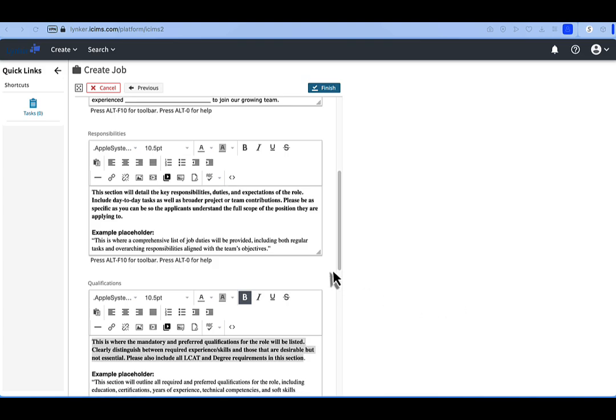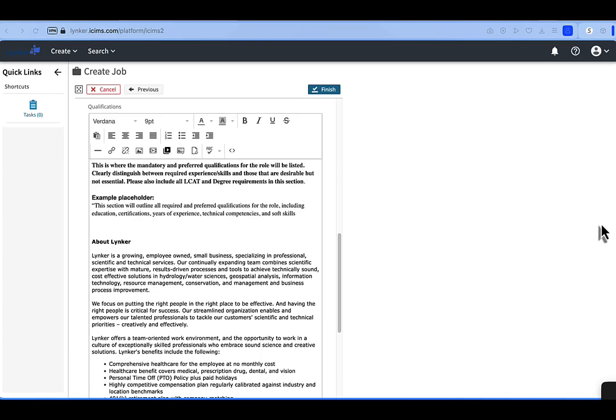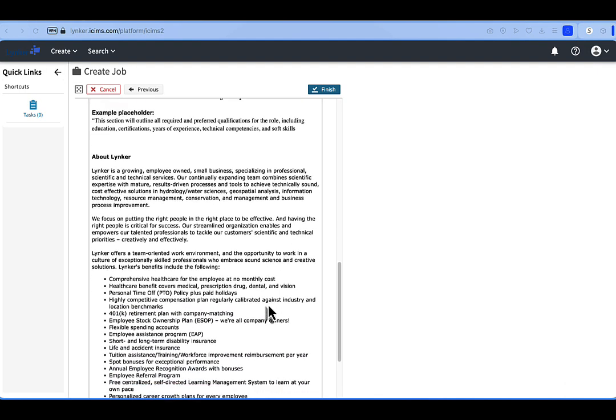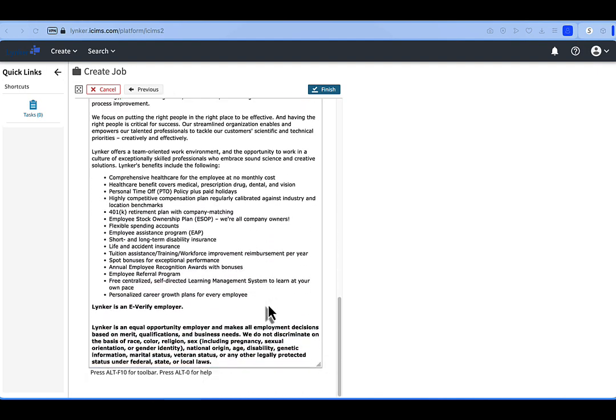In the final section, please list any mandatory or preferred qualifications for the position, and please clearly distinguish between the two so that the individuals applying know where their experience levels need to sit. Please also include any and all LCAT and degree requirements in this section. This will be posted with the position on all of our exterior job boards. Below that, we do have an About Lynker statement that gets posted with every position that's created. Once all this information is entered, you'll be able to click the Finish button,